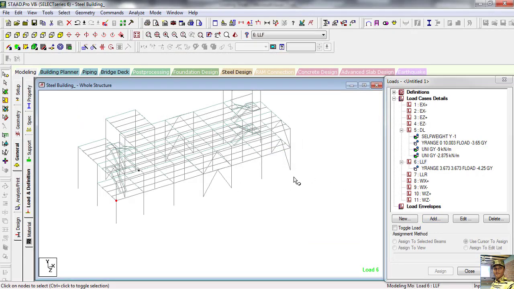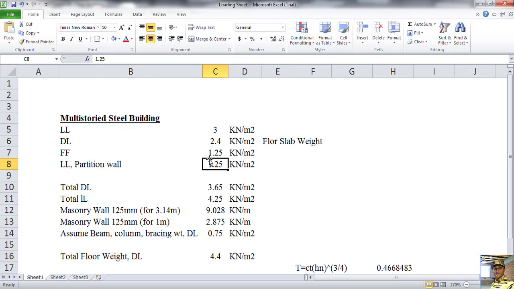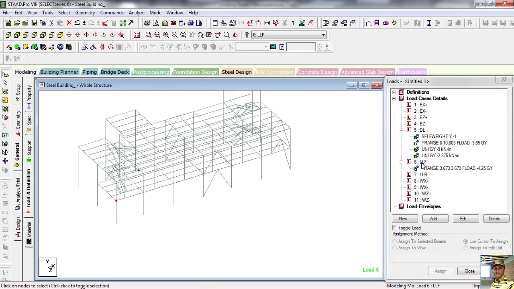Now we'll assign roof load, that is also 3 kilonewton assuming. And this level does not provide the minimum partition wall because that is roof. So we put only 3 kilonewton per square meter. So same way select live load, now that is live load roof. So select live load roof, add